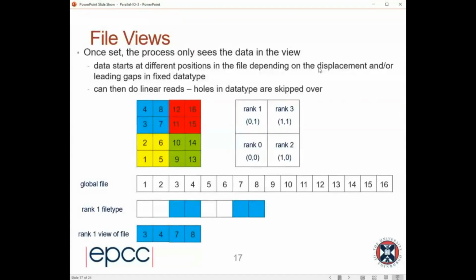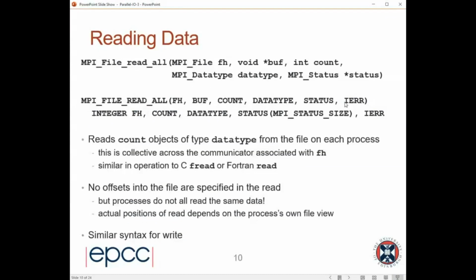So it's very easy to think of it graphically. Once you set a file view, the process only sees the data in the view. So I think of the file view as a mask. So when we do the read,